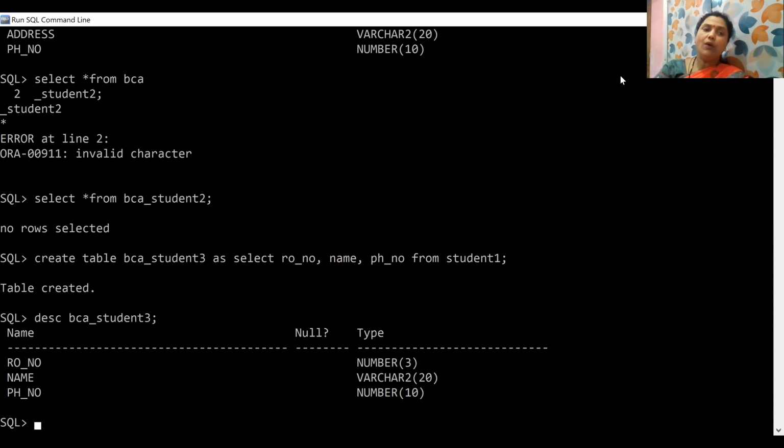Now we have learned what the create table command is, how to use different options of create table, and how to describe a particular table, existing table or newly created table. Got it now? So you can try at your home and ask for the doubts regarding it. You can install Oracle 11G by taking the soft copy from anyone, or you can purchase it. Now you can check all the code lines in your system, and if any doubts occur, you can ask me. Got it? Thank you.